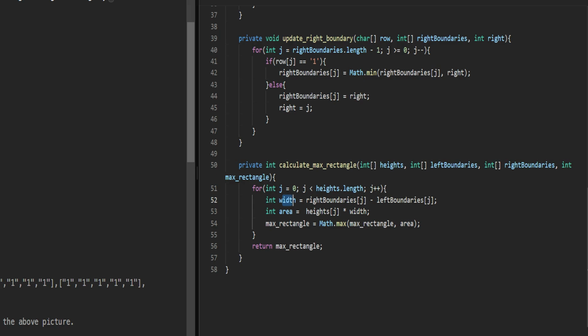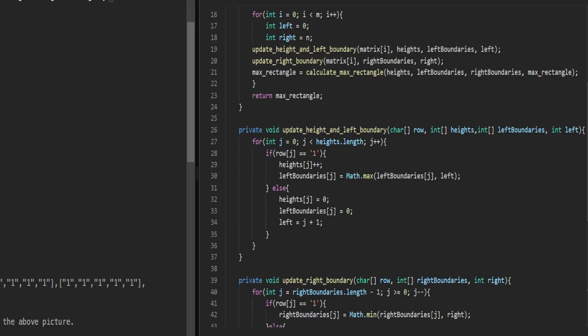We'll just take the difference between the right boundary and the left boundary, and we'll calculate the area by its formula, height into width, and then we'll calculate the max rectangle, whether the current element is our max rectangle or our area was the maximum. If the area of that rectangle was bigger than our current rectangle, then that will be considered as the largest rectangle of our given question, and we'll simply return the max rectangle.